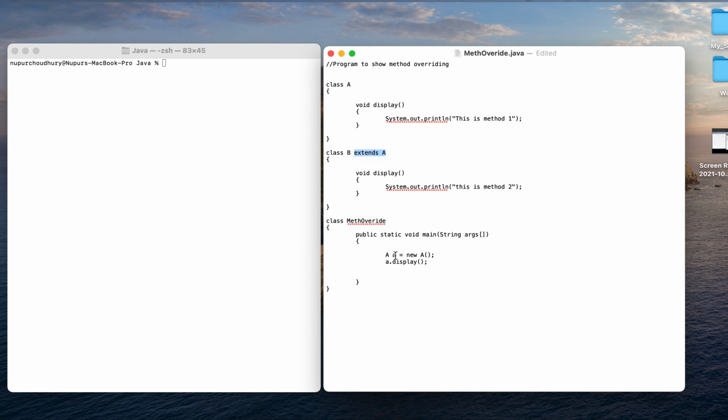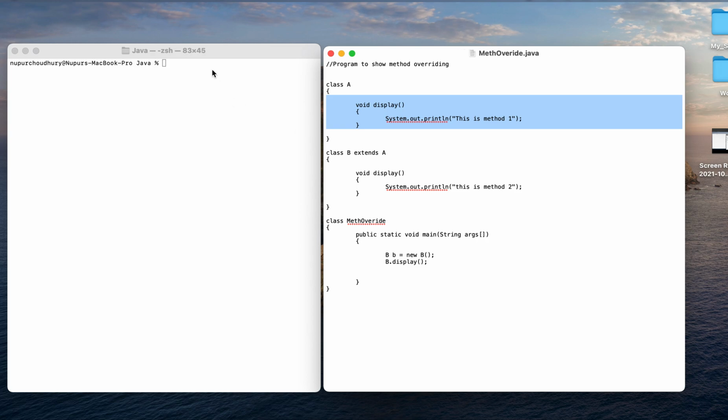Now when I'm trying to call any method of B, which is extending A, I have to create an object of B, and then call the method display, which is overriding the method present in class A. So how do we understand this?